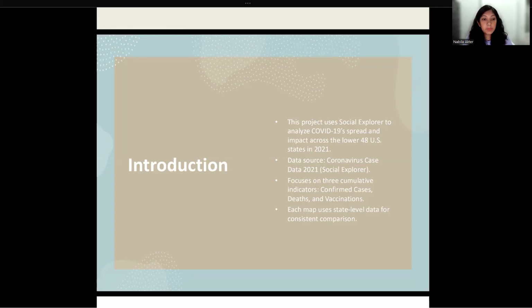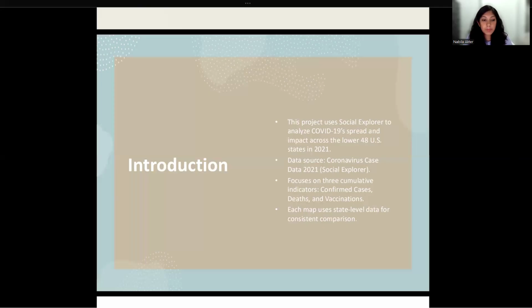Each map is displayed at the state level to allow consistent comparison and highlight large-scale regional trends. Through this visualization, I aim to tell a data-driven story about how the pandemic evolved and how state-level differences influenced